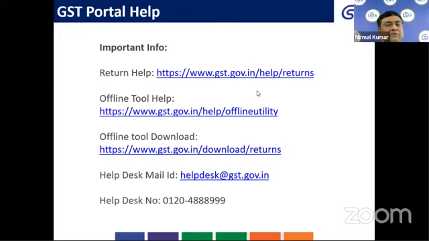Most of the important information about the return help is available at gst.gov.in help returns, and also about the offline tool, the gst.gov.in help offline utility. You can also download the offline utility for filling the compliance requirement for GSTR1 using the URL gst.gov.in download returns. In case of any issues, you can contact the help desk number 0120 488 999 or write to us at